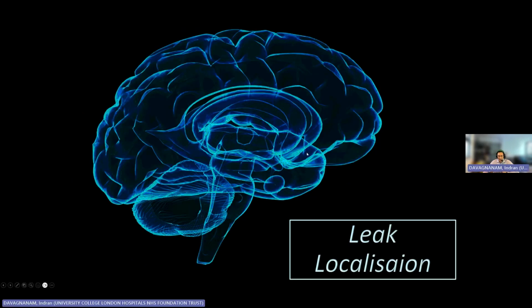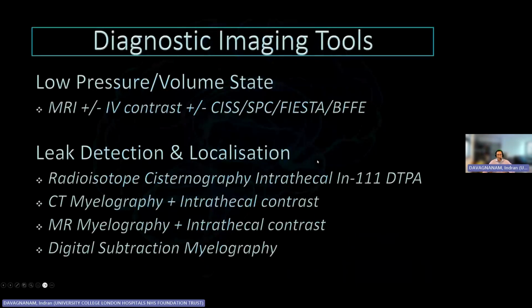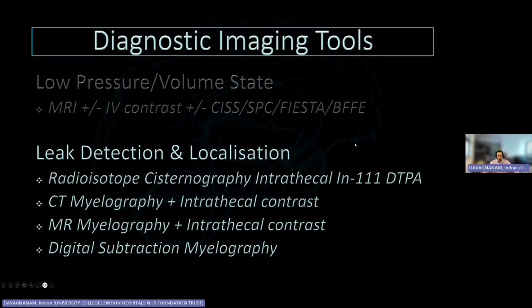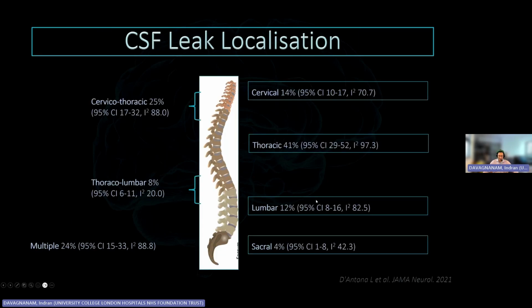So the next part of the imaging process is really leak localization. Once we've established and reaffirmed the suspicion of a CSF leak on imaging, which is the first part here, then it's about localization. Historically, there have been a lot of different modalities involved in that process. We won't go through all of them, but we'll deal with the major, more recent ones that have some utility. As we are aware in our systematic review, the majority of CSF leaks